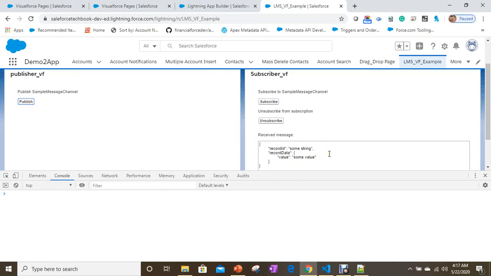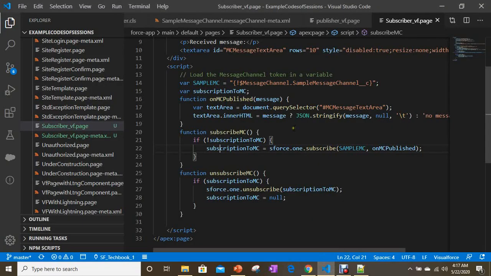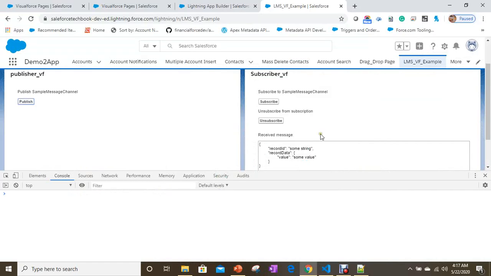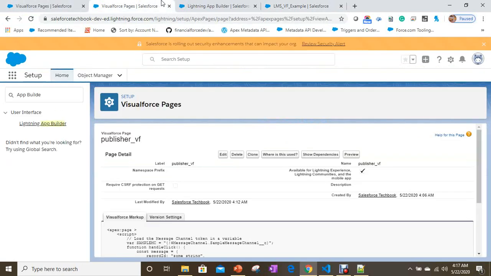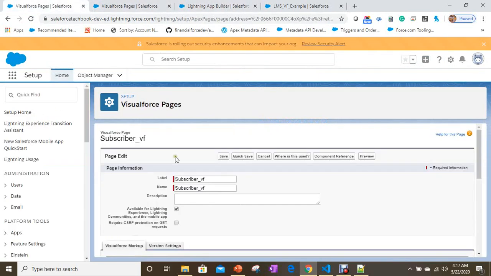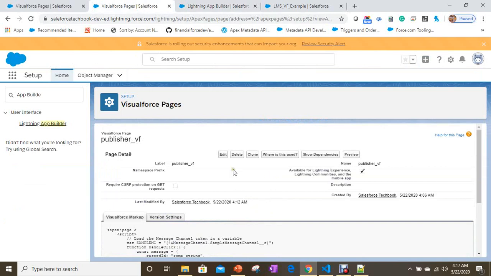Okay, if you want to get the specific value, you can get based on your message. Here, what you are getting is message, right? So you can say message.recordID or otherwise message.recorddata.value if you want to get the value from the record data. This is how you can make it. Here for now, I'm displaying the complete message. And if you want to change the message also, you can change. Let's see how it reflects.